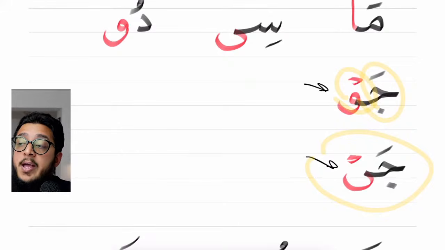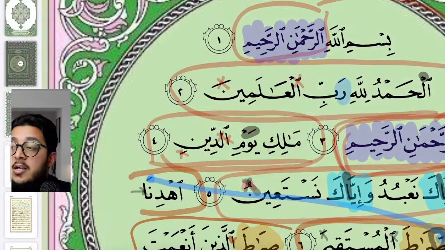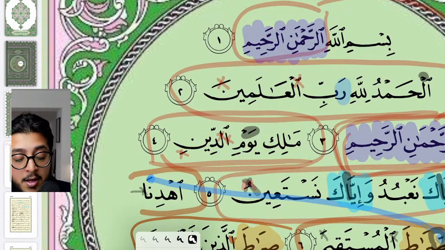This easy wow and ya does not come in Quran empty. It has a sukoon on top, and it always comes after a letter with the fatha. To make your life easy, do not think anything in the Quran is stretched unless it's empty or has a mad on top. So, going back to this particular example here, Maliki